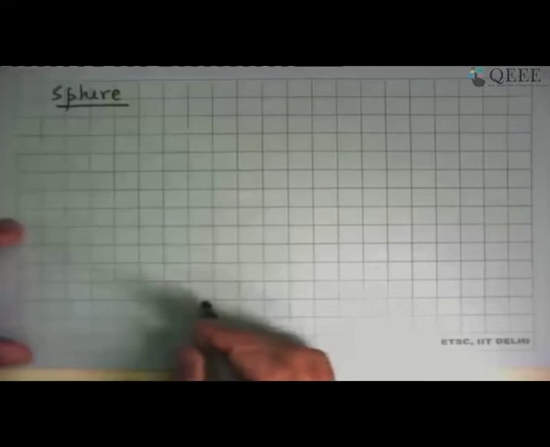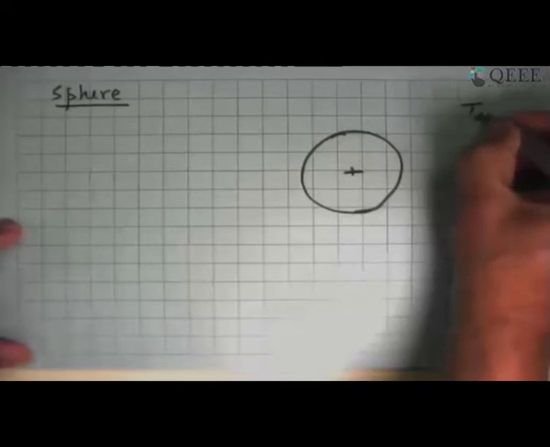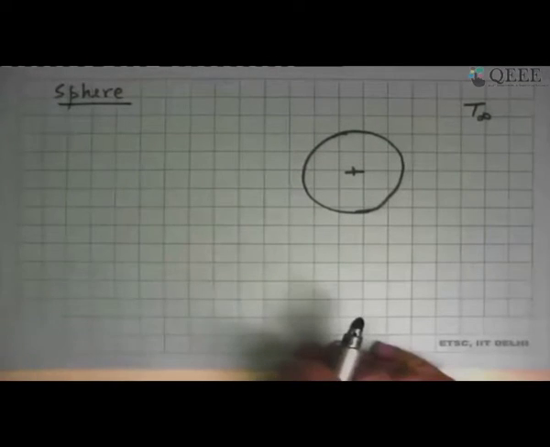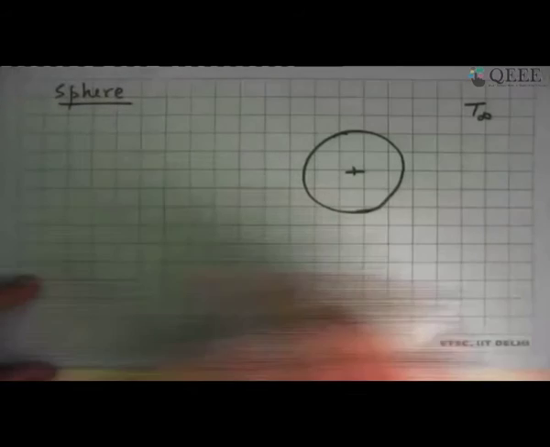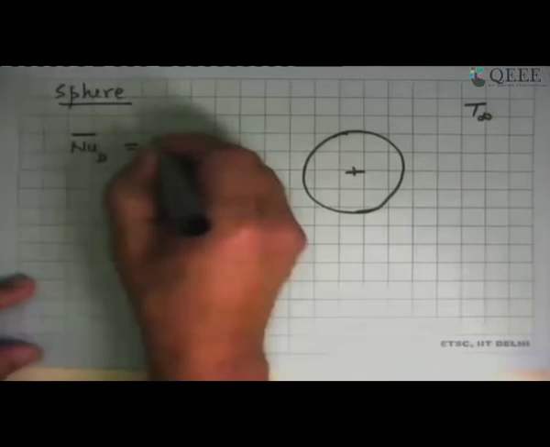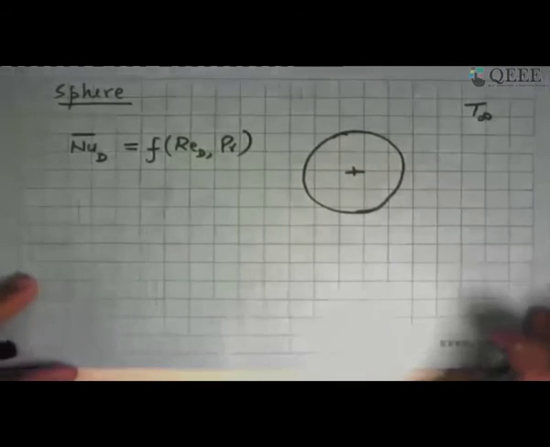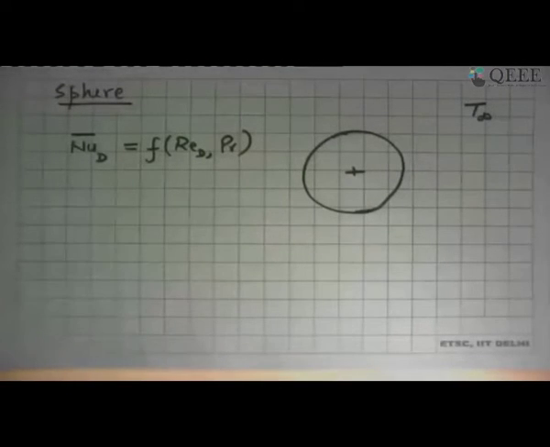A sister thing related to that is a sphere. So you just have a circular object sitting in still air at T infinity. Something very similar to the cylinder happens. Relations are also somewhat similar, and you get a Nusselt number based on diameter for the average heat transfer coefficient, which is related to the Reynolds number and the Prandtl number. For an ideal sphere, we will get some cases where you do have that sphere, but there are other situations where it may not exactly be this.